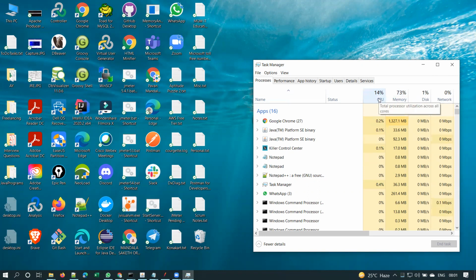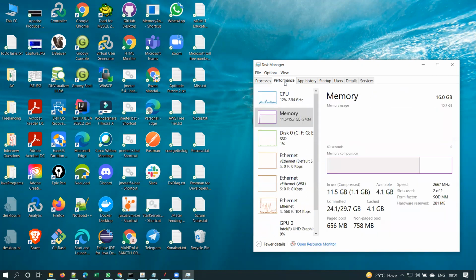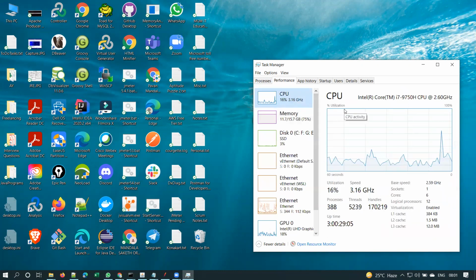Or if you see the CPU utilization, how much CPU is currently in use, right? Generally, if you have computer knowledge and your system is hanging, you will open Task Manager and see how the CPU utilization and memory utilization are. When does your system hang? If your CPU utilization is hitting 100%, or if your memory utilization is hitting 100%, then generally your system hangs, isn't it? Yes, sir. Right.